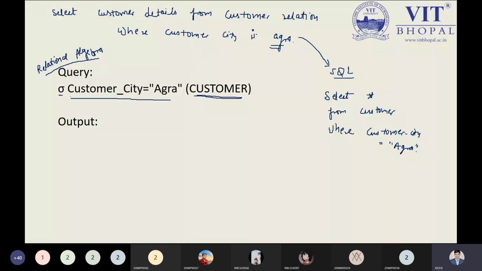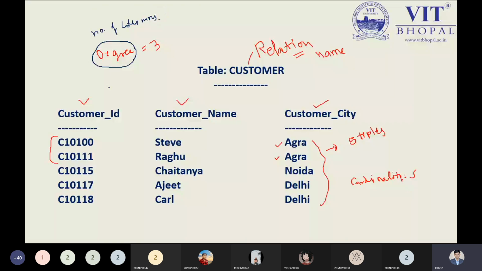From my relation, I am choosing only Agra. According to this table, Agra meets our condition, so these two records will be displayed.